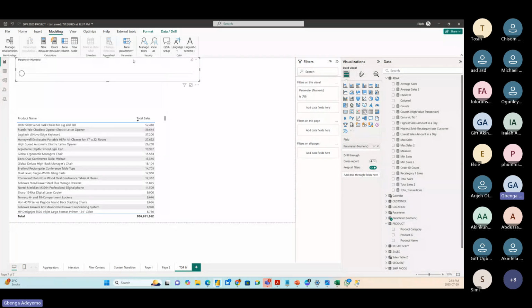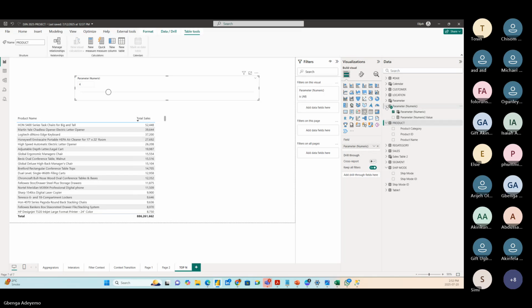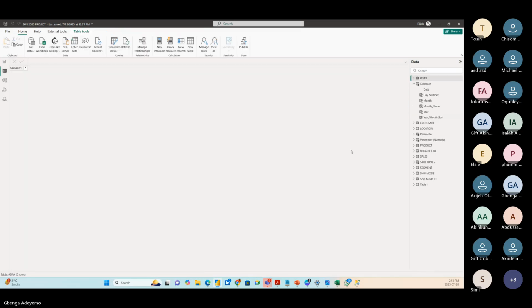Some people call it slider. Anyway, you see now, as I'm changing it, the highest I can go to is 20. From 1. 1 is default to 20. Now, when I created that parameter, something happened. Let me show you. Let me go to the table view. I want to show you something. Something happened. It created for me